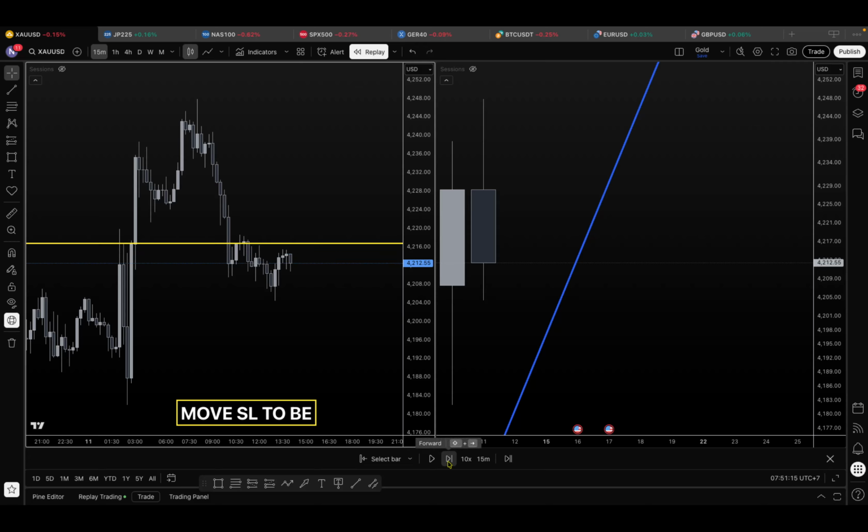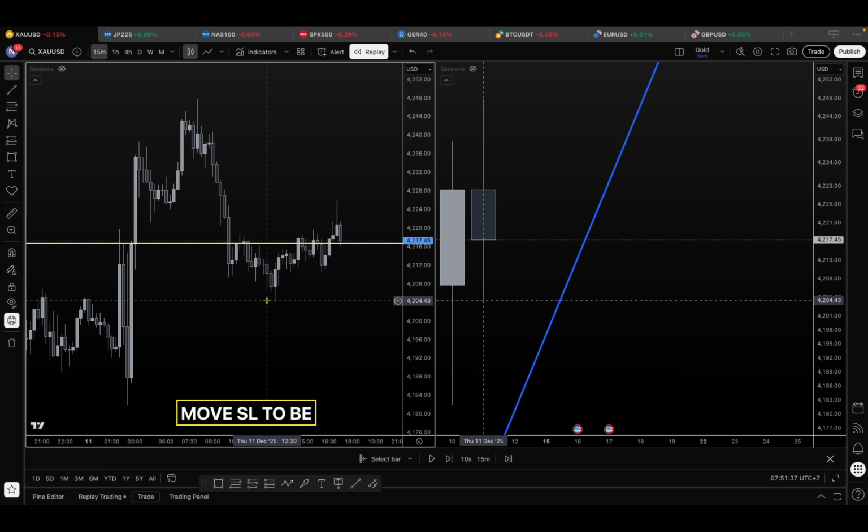I patiently waited for the price to break, and it looked like it broke. No, it's not broke there. It pulled back. No, it's not broke. All right, so the price broke this high. It also broke this high right here as well.